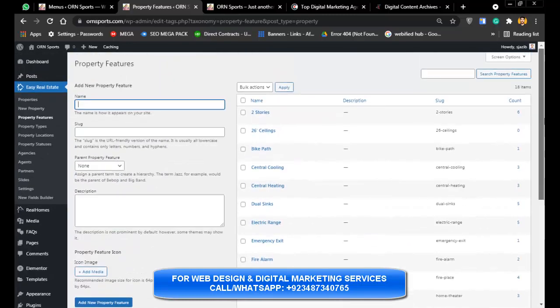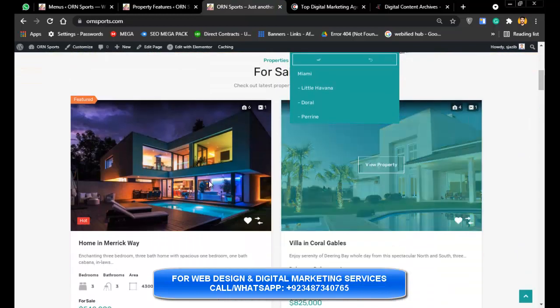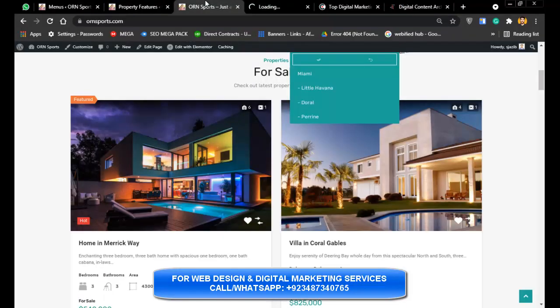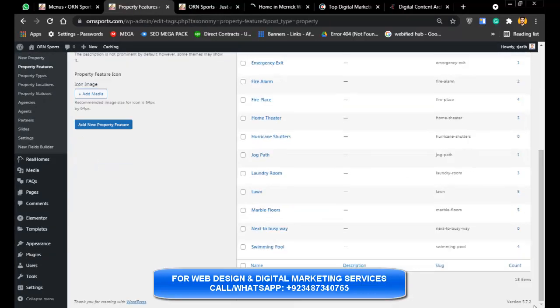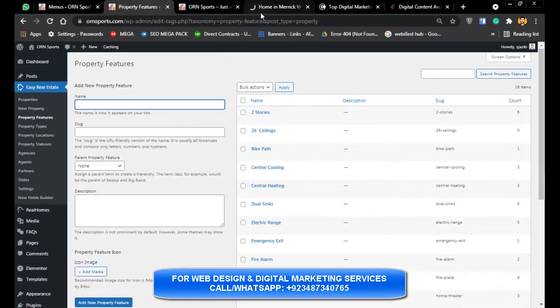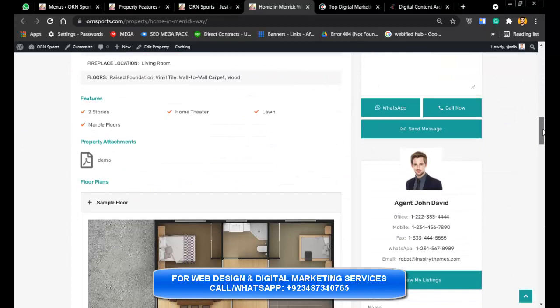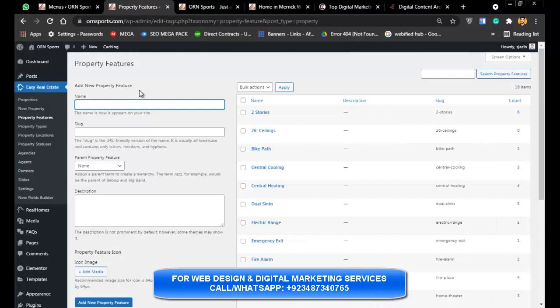Now here are some features listed, 26 in total. Let me show you here. If we go to a property and open it, or if we publish a property, we see all these features, and you have control over them. You can add other features to your website. Like if washroom is not added here, you can add washroom. If garage is not added here, you can add a garage section. You can add as many features as you want. Now here are property types.